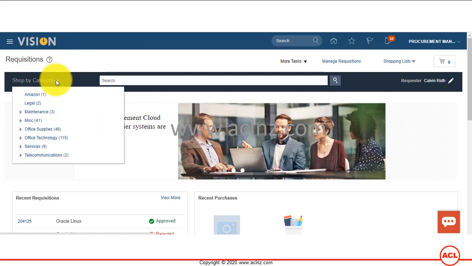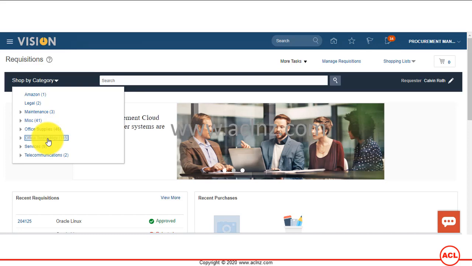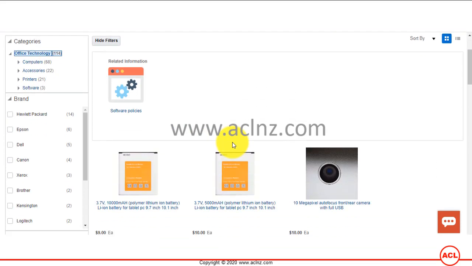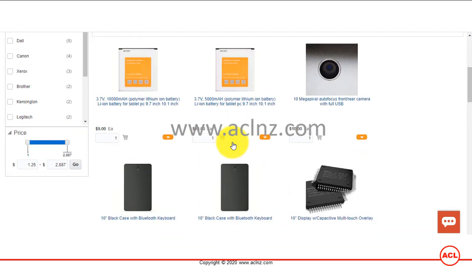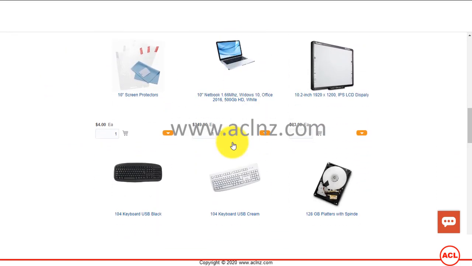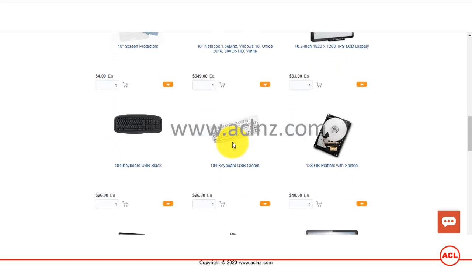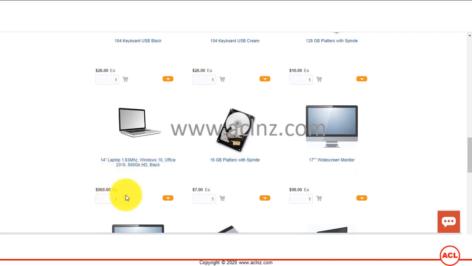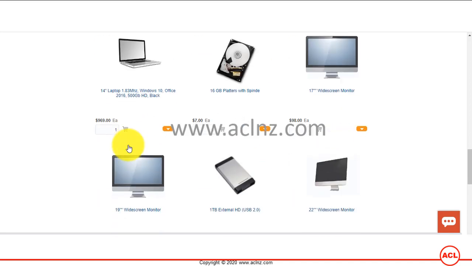So I'm going to simply go and look for the item by category. Since we are looking for laptops, I'm going to go into office technology, and then as you could see, all the items within office technology are loaded. So I'm going to go and choose a laptop. So this is a 10 inches notebook, and this is a 14 inches laptop. So I'm going to choose this one, and I'm going to add this one to the cart. And once that's done, let's enter this 19 inches